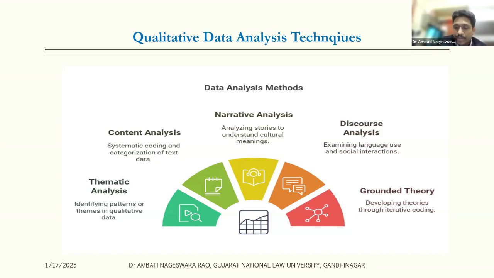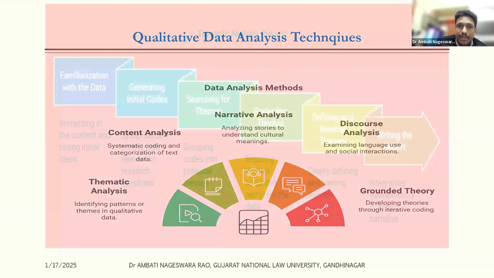Let me show you two types of data analysis that we are going to do as a part of our third day: thematic analysis and content analysis. In addition, on third day, we're also going to do sentiment analysis. Next, we're also going to do relationship network analysis. But today, as a part of the theoretical part, I'll talk about thematic analysis and content analysis. Okay.